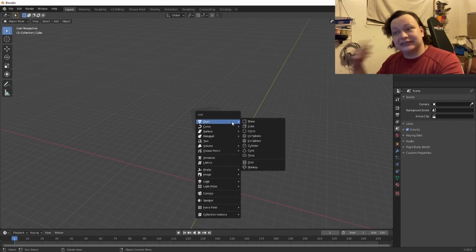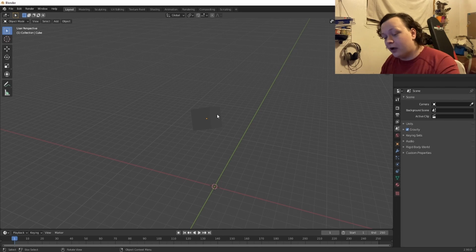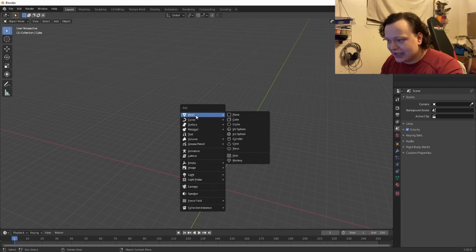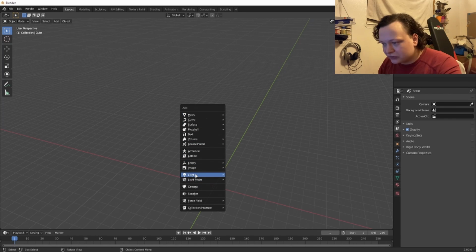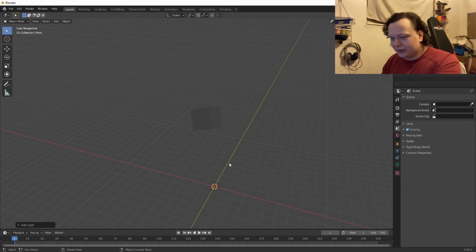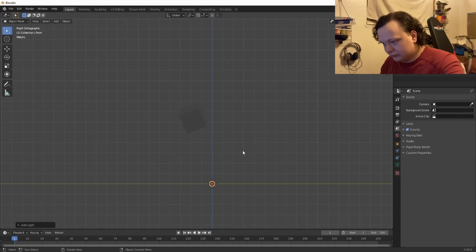In order to bring up that little bar that I just summoned, you press Shift A. Now I'm just gonna go down to the light, hit the point, and then I'm just gonna move the light right here,